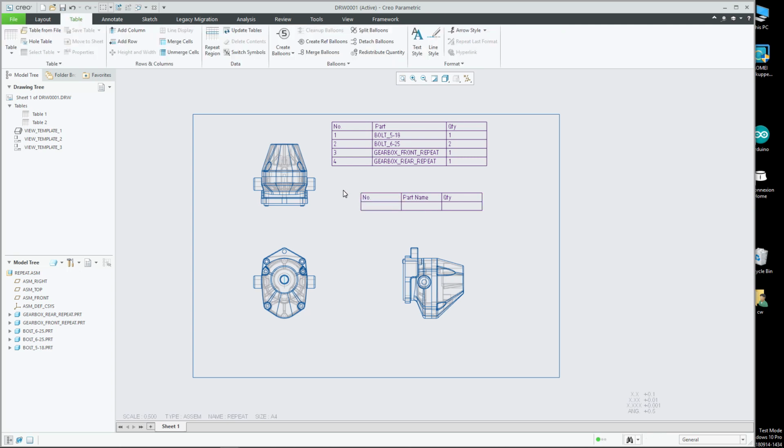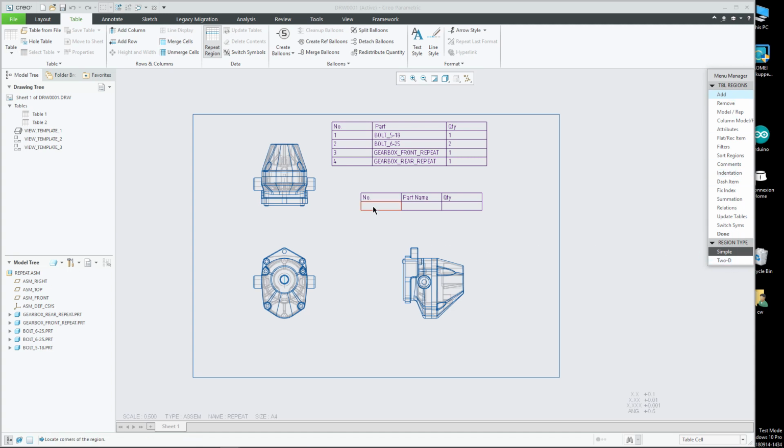So what I'm going to do now is I'm going to specify what's known as a repeat region, and that is this next row down. I'm basically telling the system that the quantities that it can enter into this row, it can duplicate this row as many times or repeat it as it needs to actually capture all the data that is stored within the assembly itself. So repeat region, I want to add a repeat region,